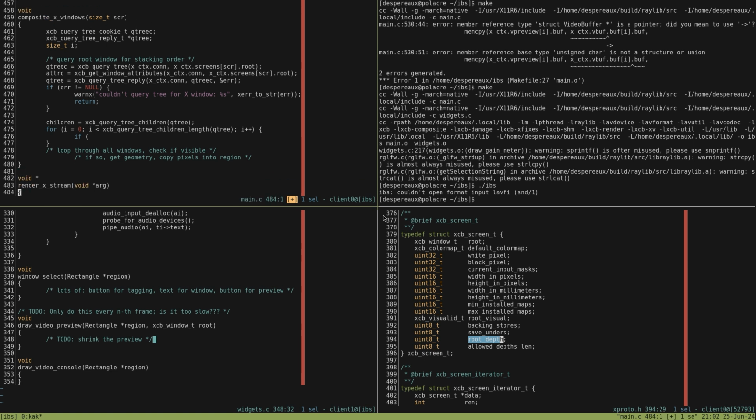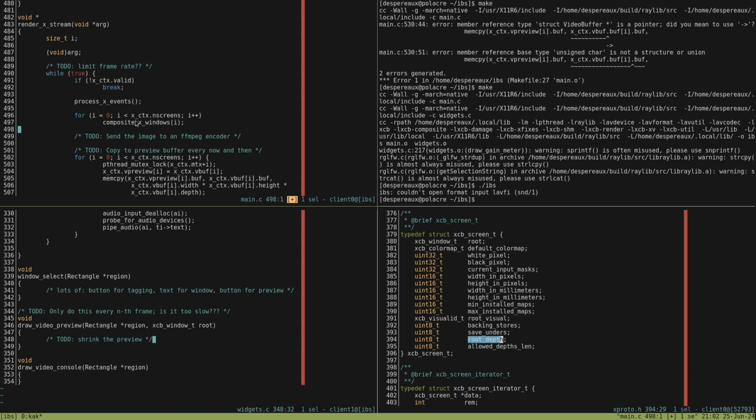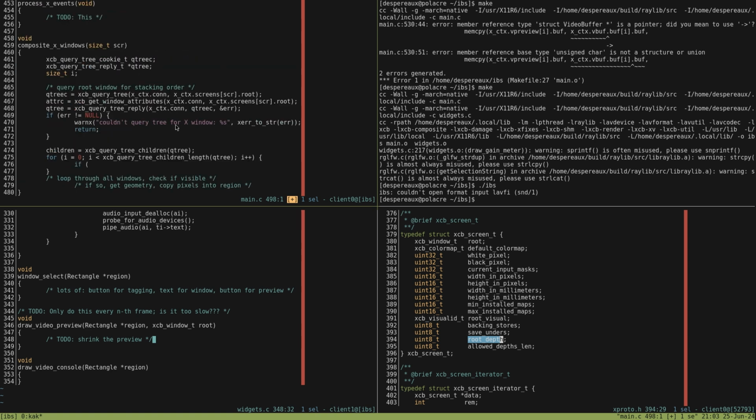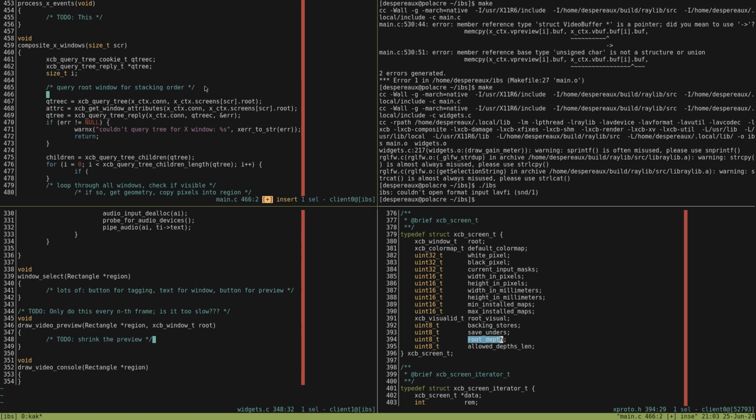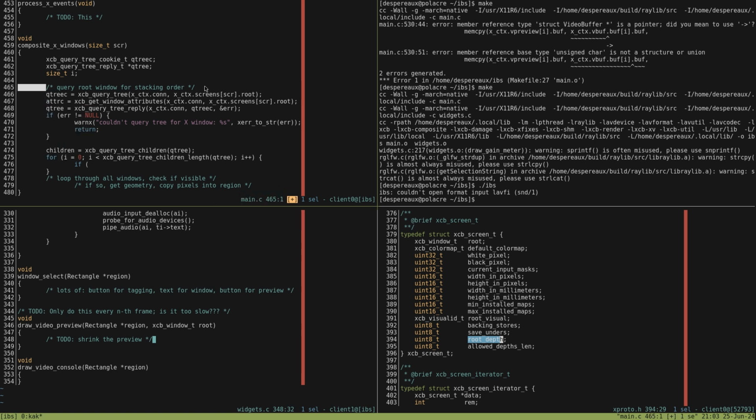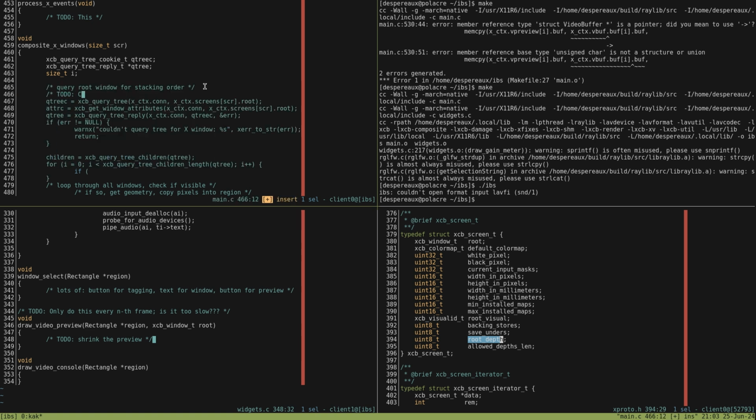We're going to do this every... Absolutely not are we doing that every frame. That is not going to happen. We'll do it for now. To do: can we get away with not doing this every frame? Because I guess every frame we're also asking the X server for X events. This feels like a lot. I just feel like it's going to be really slow. I don't know. We'll see.